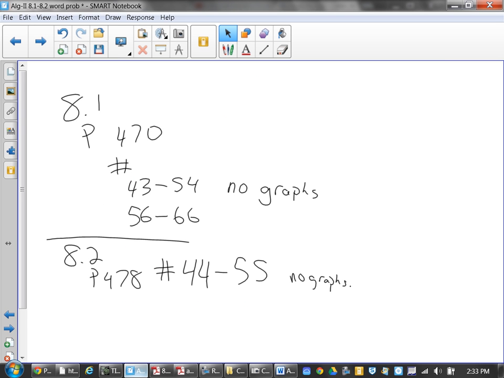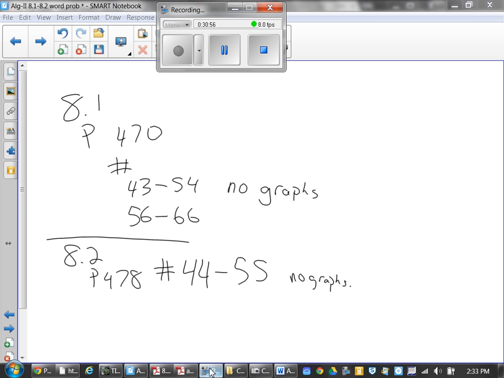Can I ask a question? I was writing up the numbers when you were talking about that. What's no graph speed? Oh, just like the problem we did where I crossed out the thing that said graph it, you're going to see in these problems where it'll say, on number 43, it'll say